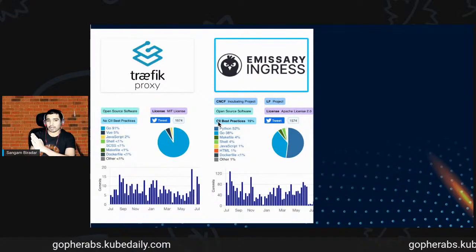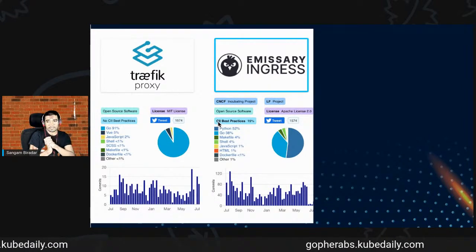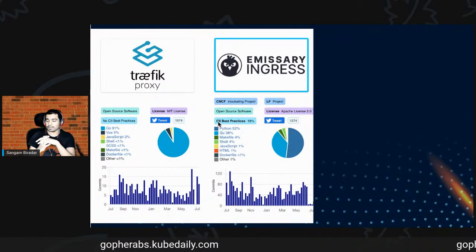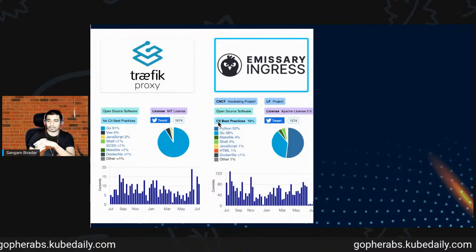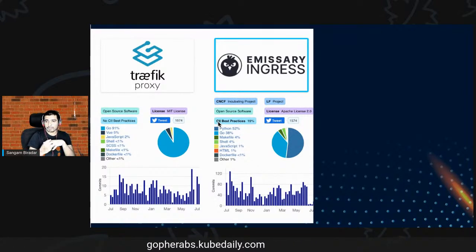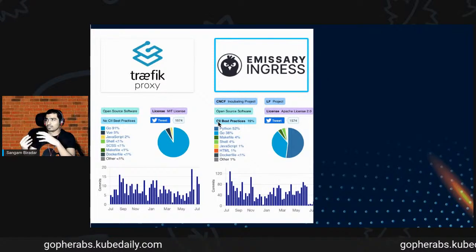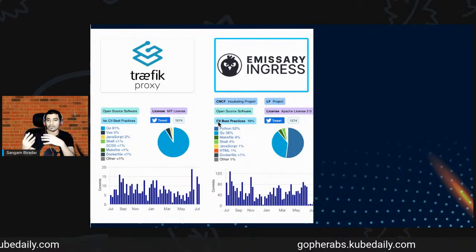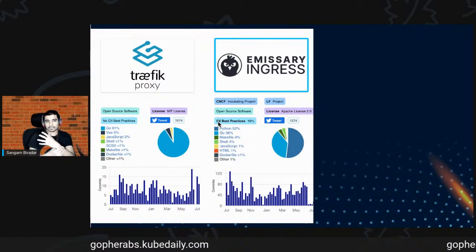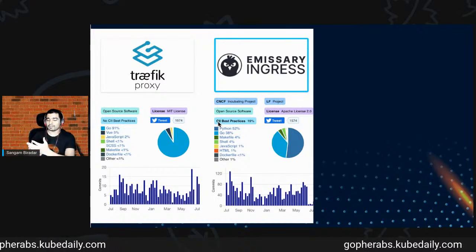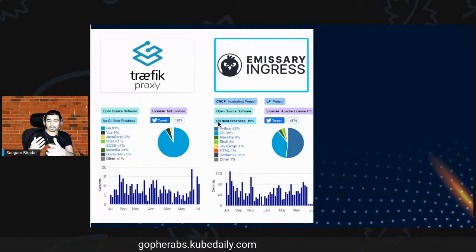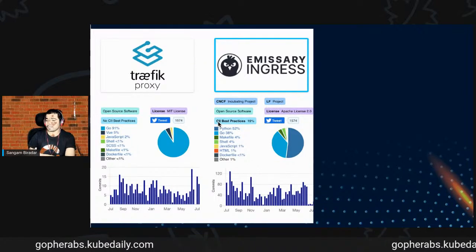Another favorite of mine is Traefik proxy, 91%. If you want to give it a try, Traefik proxy is a reverse proxy. They have other CNCF projects also. They have created a service mesh also. So give it a try if you want to use it. If you are using Nginx and you want to configure the whole thing and update it every time, I think Traefik is a good project where you don't need to check those configurations. Traefik will auto-detect and do the whole thing. This is very cool and easy.